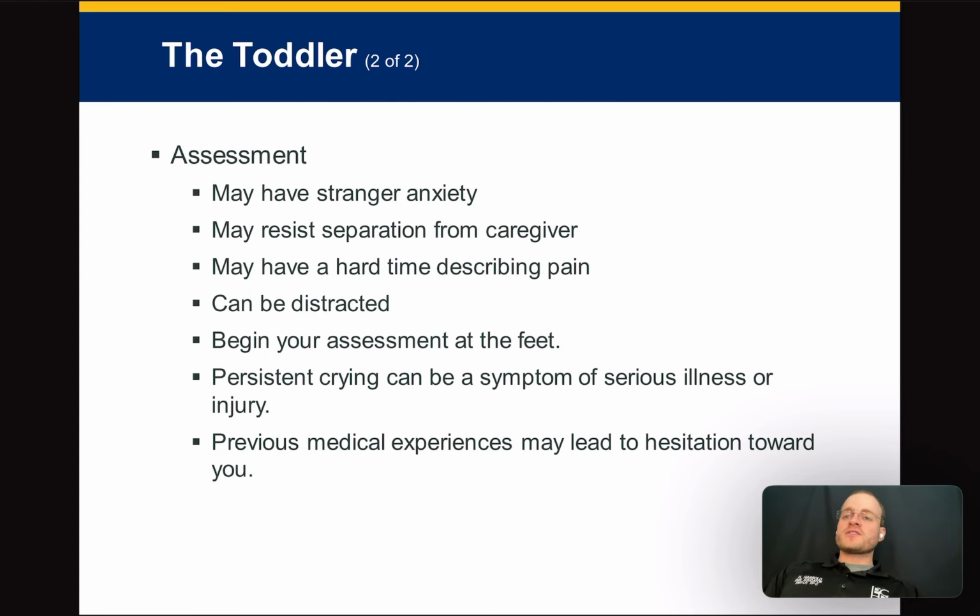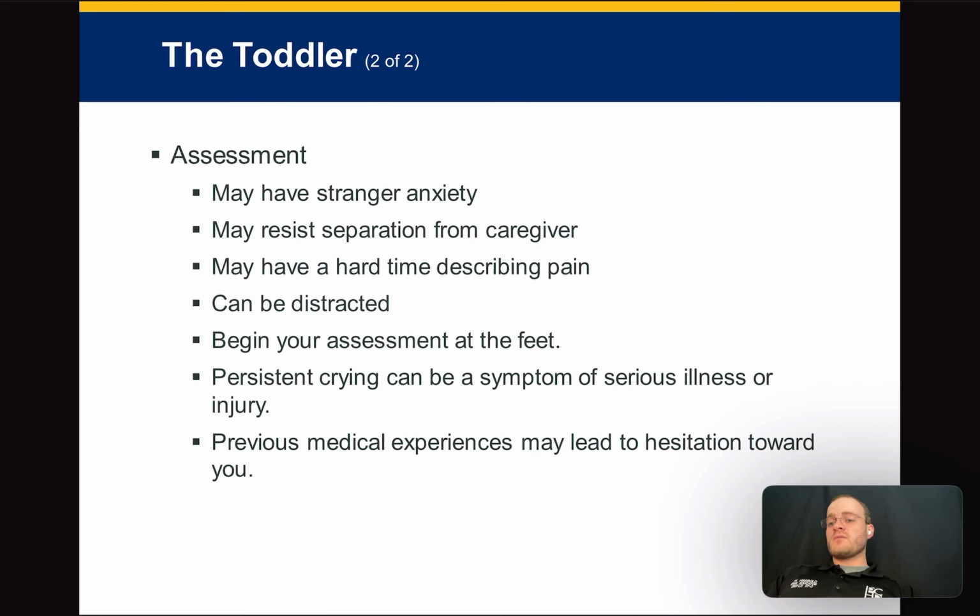But the cool thing about toddlers is they're like moths to a flame with iPads, and so sometimes you could put on Miss Rachel or Paw Patrol or something like that on your phone and try to distract them, and just let them watch it while you gotta do what you gotta do. I used to do that. I used to give kids my phone on the ambulance just to keep them entertained.